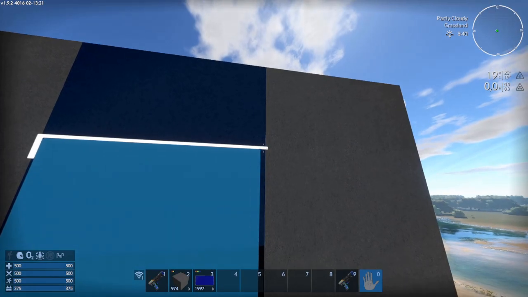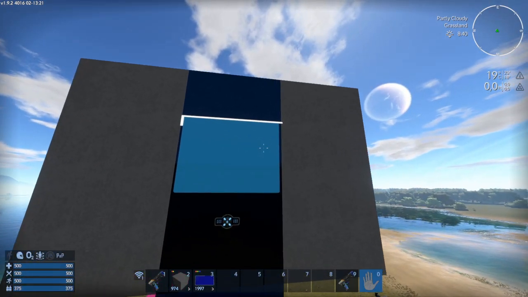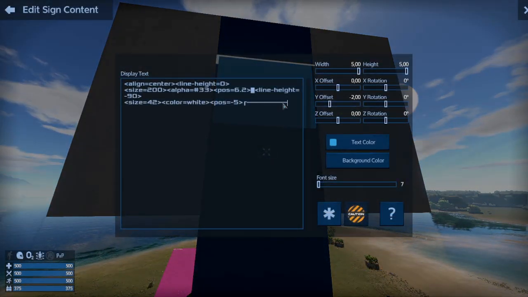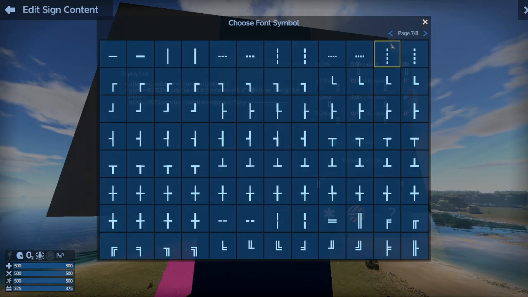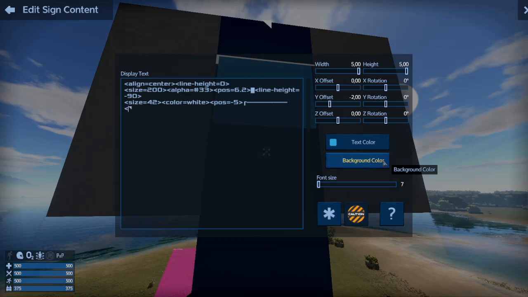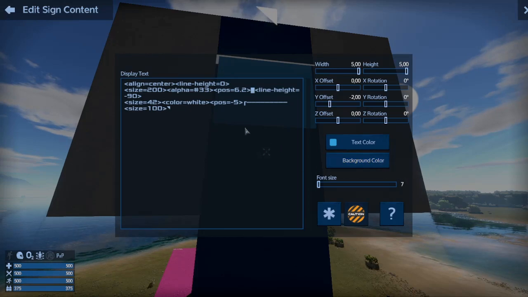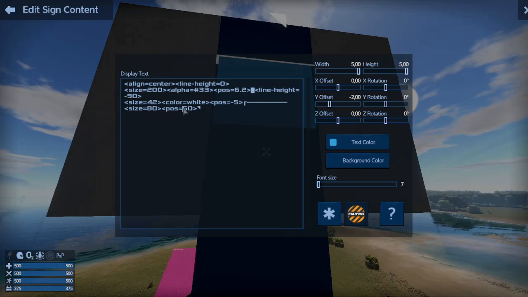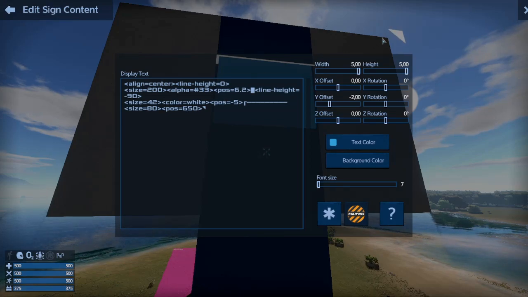So yeah, now I have this kind of sticking over, but maybe let's trigger here and make some sci-fi angle corners. I tend to use these triangles with that size 100. This would be too much. 80 positions this to the right, which might need 6. And you can see